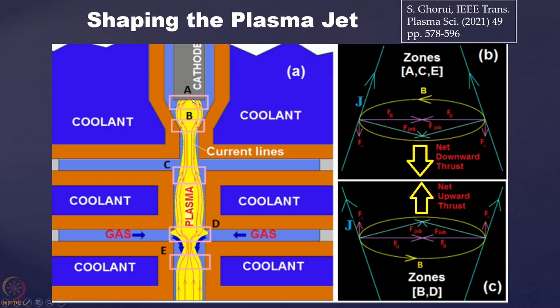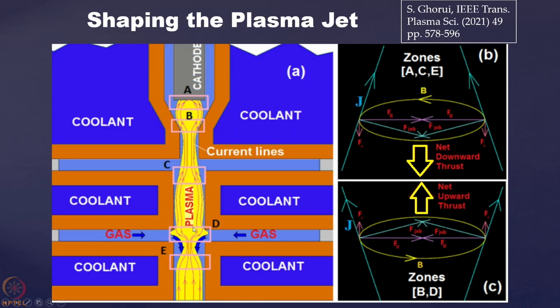Okay, so in this zone A, what you are seeing, this A, then in this zone you see that C, and this again, this is the E. In this zone, in typical plasma configuration, you will see that the current density vectors are converging. Follow these blue lines, these vectors. This is the current density vectors and they are converging. Whereas in the zones like B and D, this is a diverging zone, diverging current density. And then again D, here also it is a diverging current density zone.